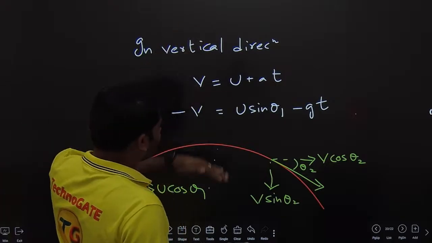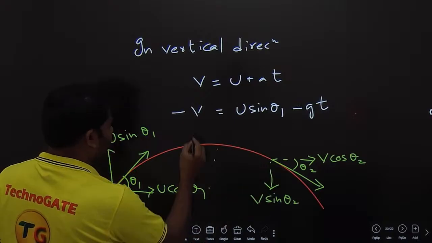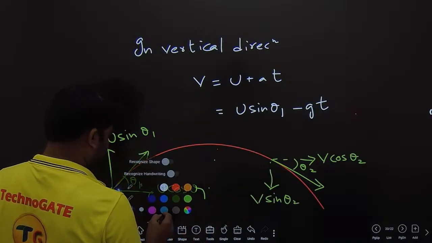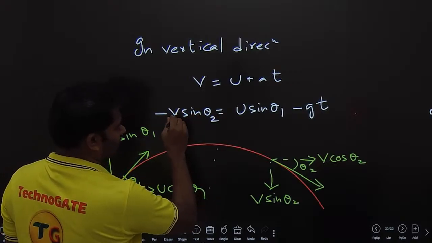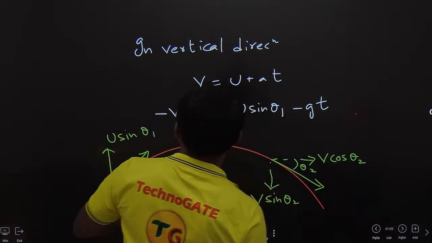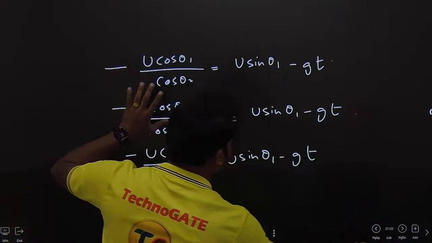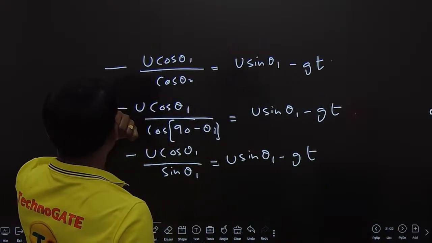We are taking the downward thing, right? This is already v sin theta 2, it is not simply v, it is minus v sin theta 2. This thing is there. V sin theta 2, not simply v, it is downward. So if you take v sin theta 2 there, and here we are taking